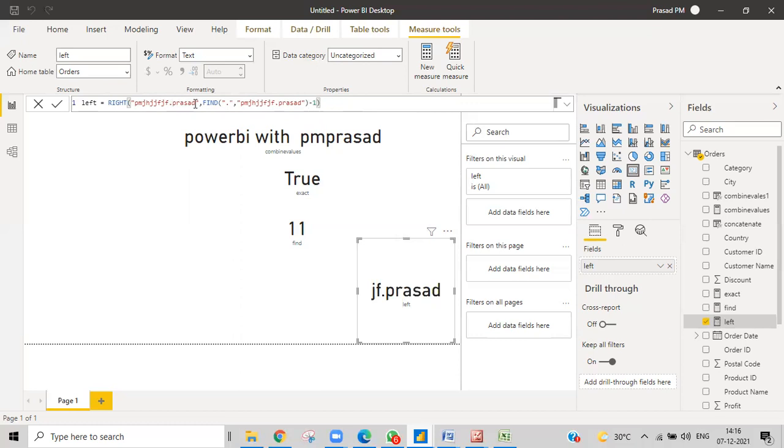Obviously it will count 9 positions from the right side: 1, 2, 3, 4, 5, 6, 7, 8, 9. You can't do that, because if you give a fixed number, then it won't be dynamic. It will be hard coded. So to do that, here is one simple trick. I'll tell you how to do that. Don't check all these things; first of all, you need to check how many letters are there after the dot on the right side.